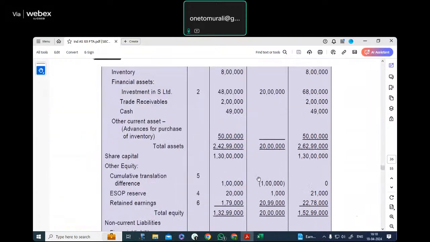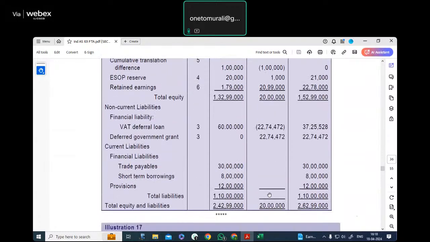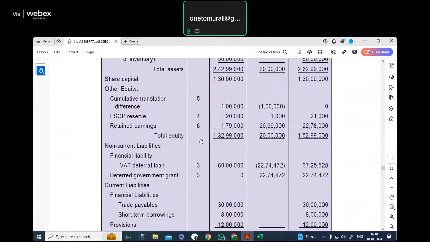So now let us see how it is stated. So on 20,000, there is going to be only 1,000 that we are taking up. So we are expected to make those changes in the retained earnings. So there we will be making those changes. So now just wait for that particular moment to carry that out. Okay. So ESOP reserve.